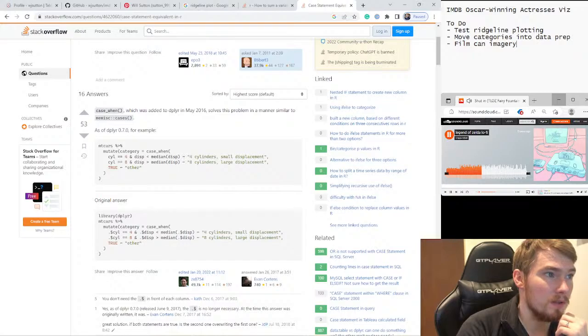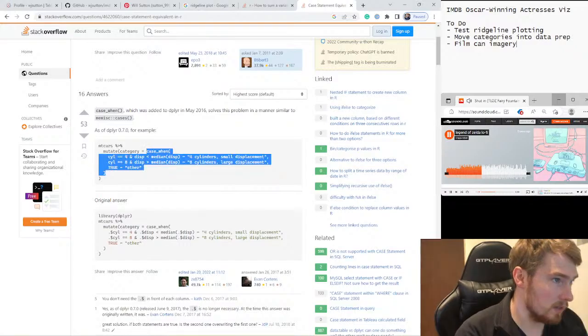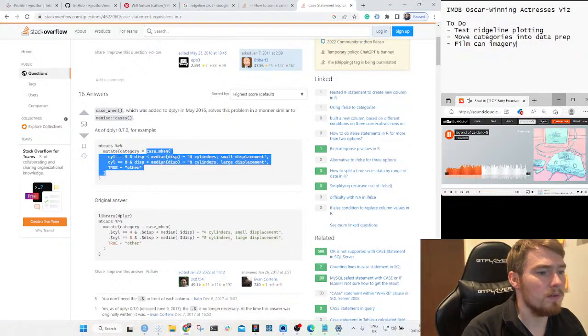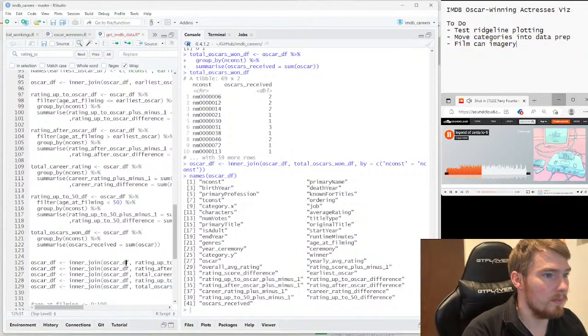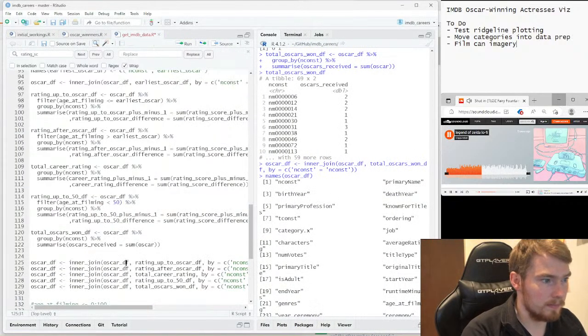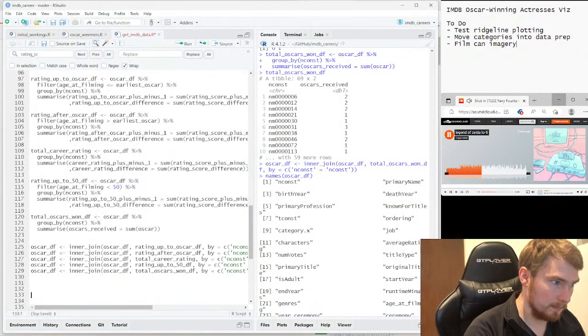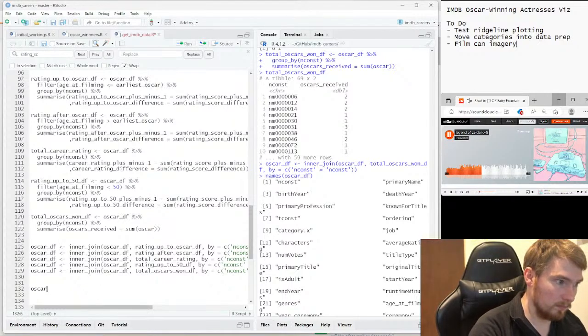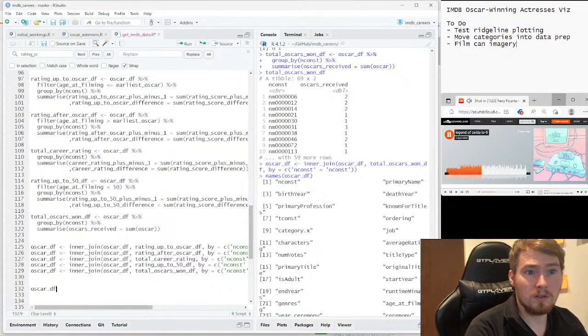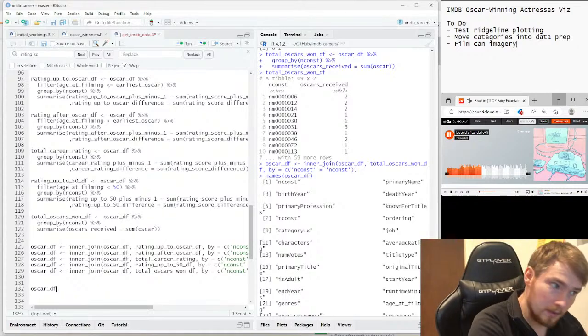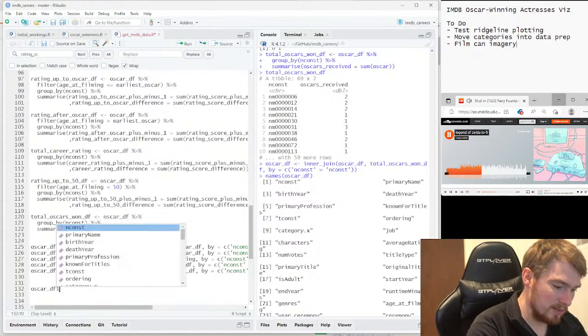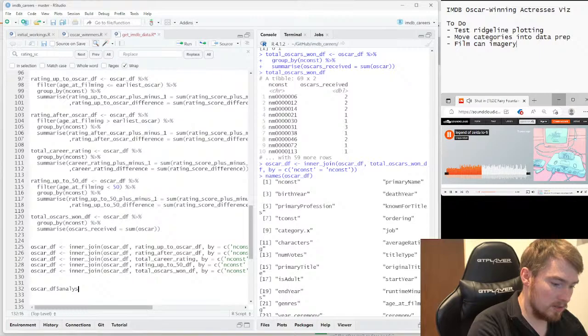Okay, so I can now make a category that accepts all these different cases using this case when. Call this analysis category.